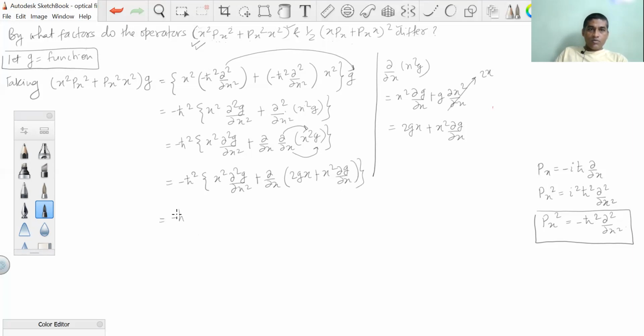Okay, now we have this. Okay, now again this operator will operate on g as well as on x. 2 is constant, so we can take 2 out in this way. So operating on g, okay, we get this. Now operating on x, we get twice g, because we know del x by del x is 1. Okay, so we have this plus, now this will operate on this term as well as on this term. So we have x square del square g by del x square plus, next we have twice x del g by del x. Okay,